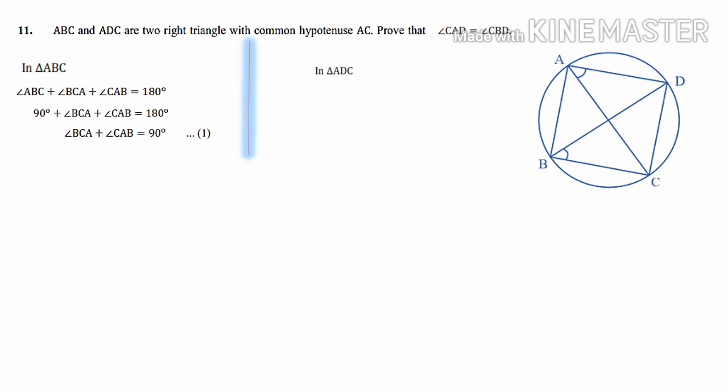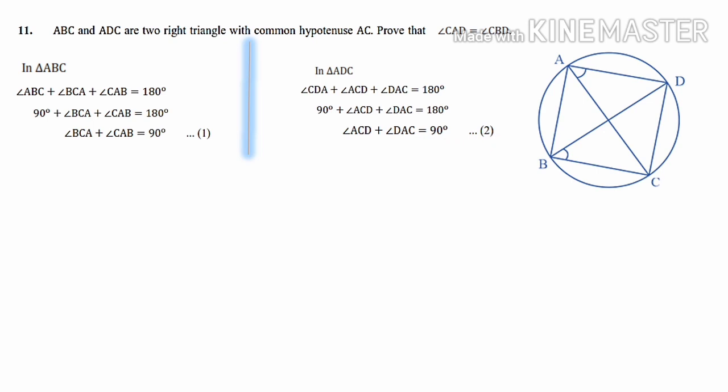One more triangle we have, that is ADC. If you take ADC the same way, by using the angle sum property, angle CDA plus angle ACD plus angle DAC equals 180 degrees. And angle CDA I have already explained to you. CDA means this angle, this is 90 degrees. 90 plus the remaining two angles ACD, DAC equals 180. So from here angle ACD plus angle DAC, 90 will come to the right side, 180 minus 90, that is 90. Label it as equation number 2.